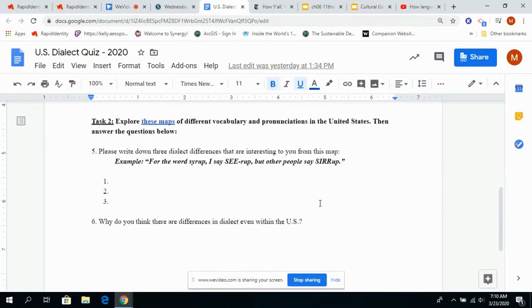Then for task number 2, you're going to look at these maps and write down 3 dialect differences that are interesting to you from these maps. Once again, when we talk about differences, you need to say, I do this, but other people do this. That's one difference. If you don't have that full comparison, that's not a full difference. So make sure you're doing that 1, 2, and 3. Here's an example: for the word syrup, I say syrup, but other people say syrup. That's not my example, but